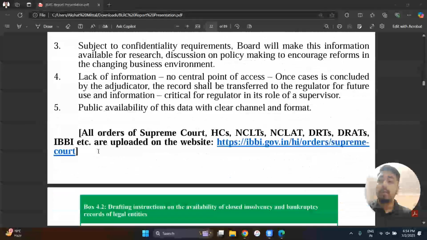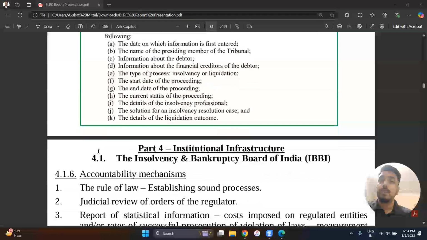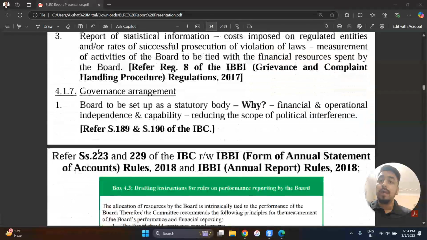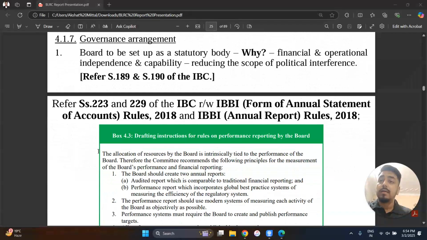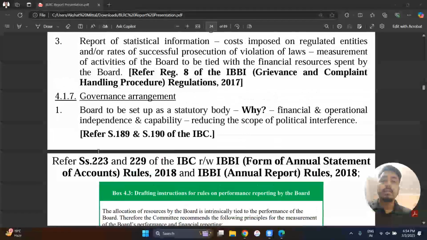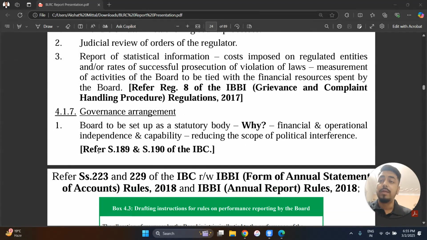Then, moving forward, we'll now take a look at, yes, this is one very important point. How should this IBBI be set up? Should it be set up as a statutory body? Should it be granted financial and operational independence, or should there be any arm of government involved in the management